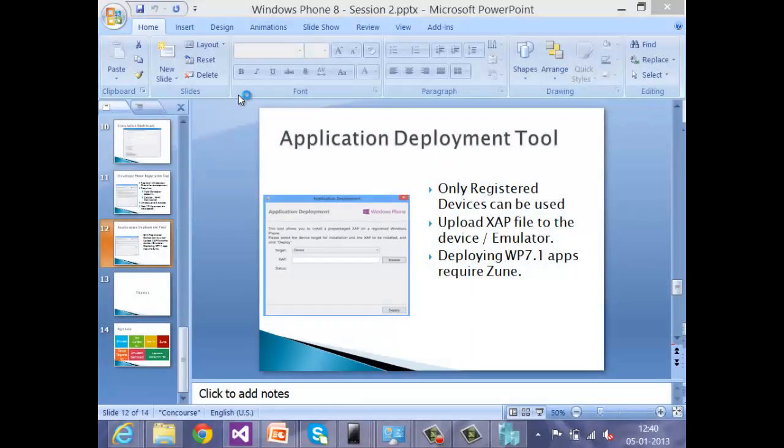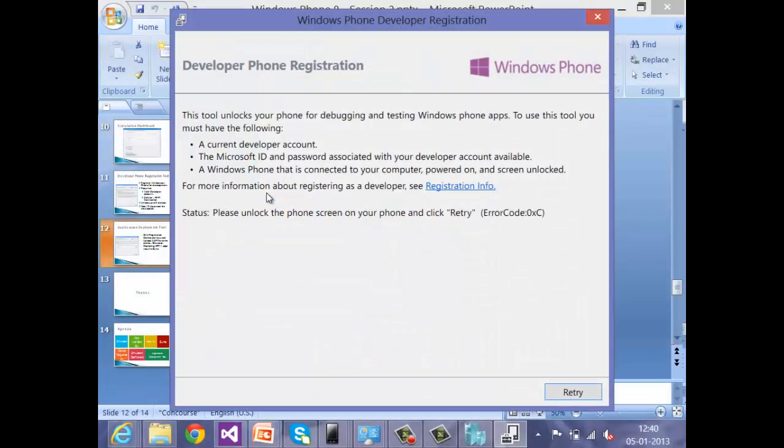this is the Windows Phone developer registration tool here. I have to unlock the device and I say retry. Okay, I've already unlocked the device, and that's the reason it shows a message saying that the Windows Phone device is currently unlocked for deployment.